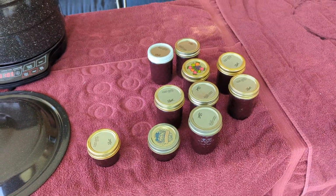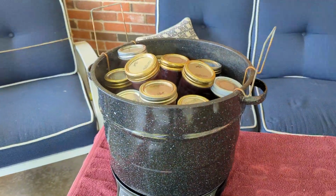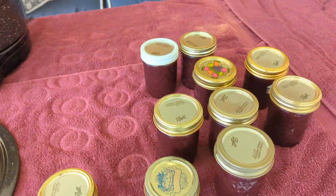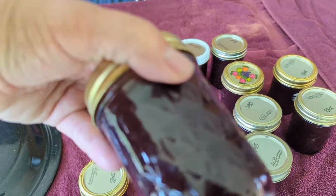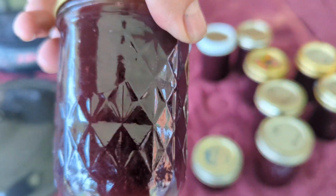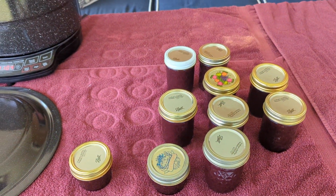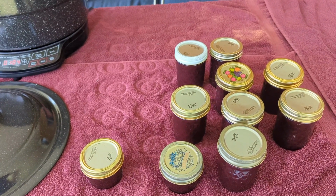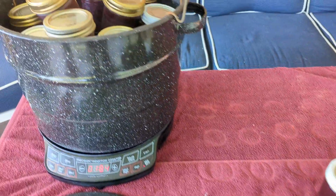Okay, update on the choke cherry canning situation. We actually had to undo all of the jars and re-cook everything because the acid level in these choke cherries was so high. The pectin wasn't setting up. Now they're perfect. They don't move, they don't do anything, they're not syrupy. We had to add more sugar and more pectin, and so we cleaned jars, disinfected, cleaned rings, and got new fresh lids. And now we're in the process of